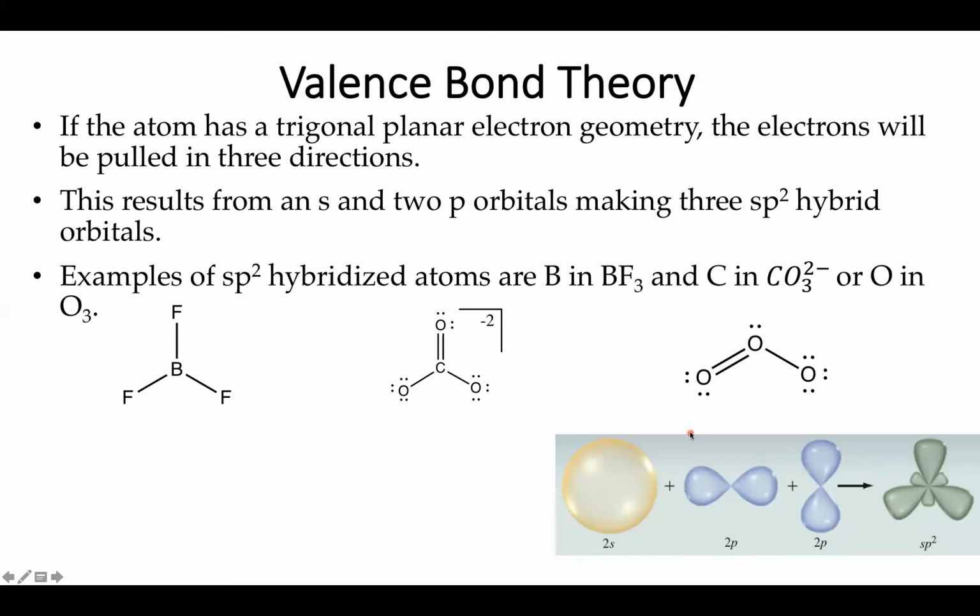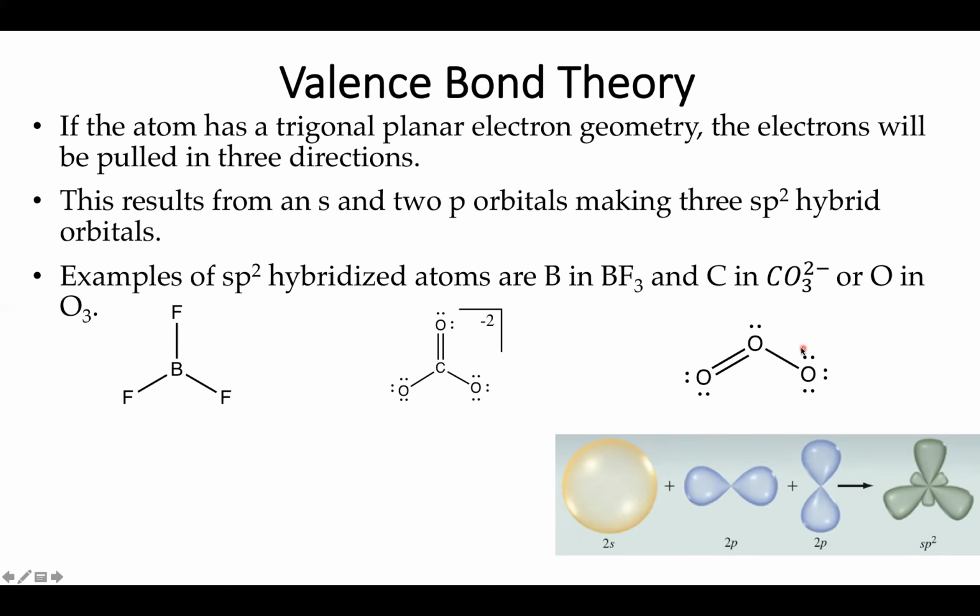Atoms with sp2 hybridized orbitals, such as pretty much anything with boron. So boron trifluoride, I've got 3 electronic domains, each pointed in a separate direction, all sitting in a nice even plane. But we also saw something very similar when we looked at, say, carbonate, which is present, as we've talked about before, in baking soda. In this case, I've got 3 different electronic domains, all pointed in opposite directions,